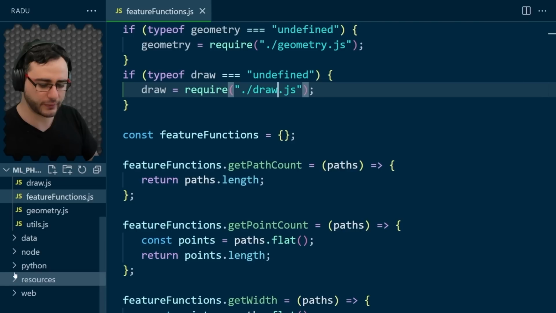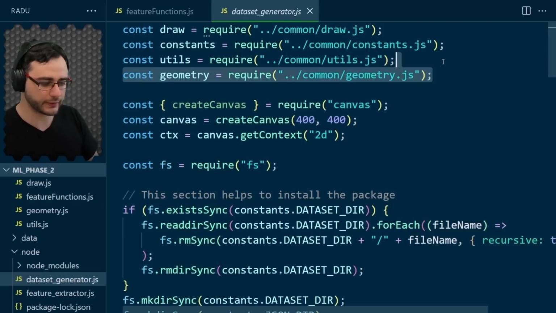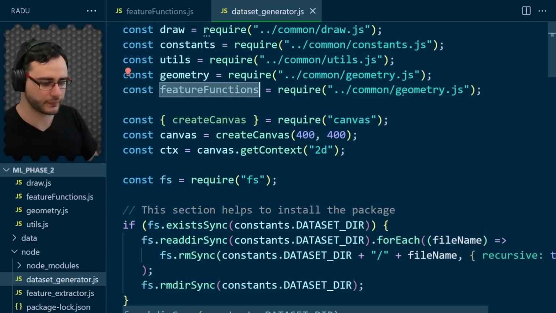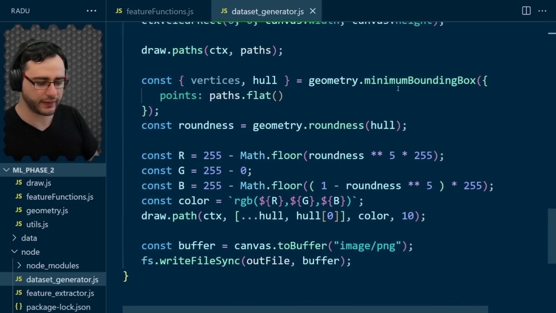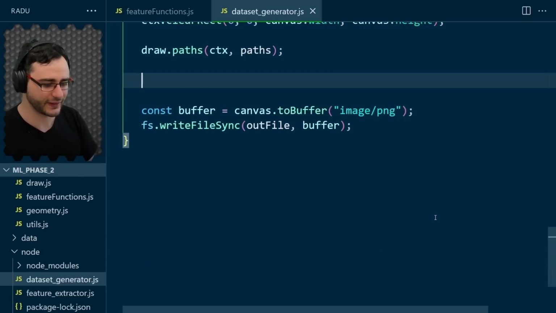I'm going to go here in Node dataset generator, and we need to include the feature functions here. So feature functions and feature functions. And let's go down where we are generating the image. And we don't need this fancy stuff anymore, because this new visualization will be just me writing some text on the images, how many pixels are visible. So let's first access these pixels